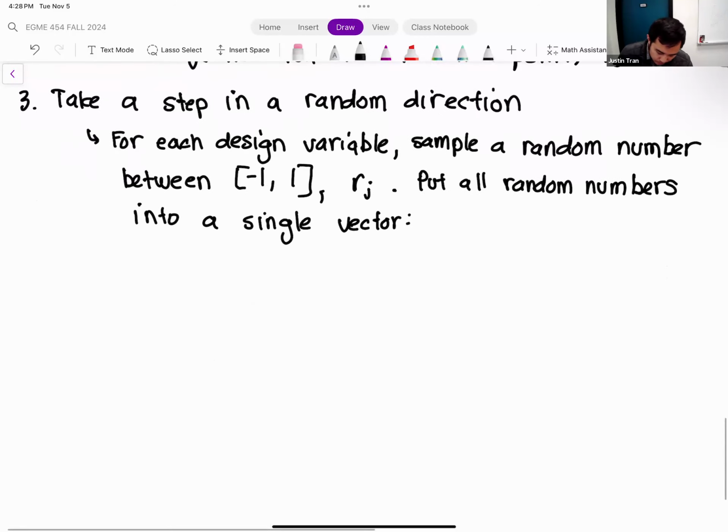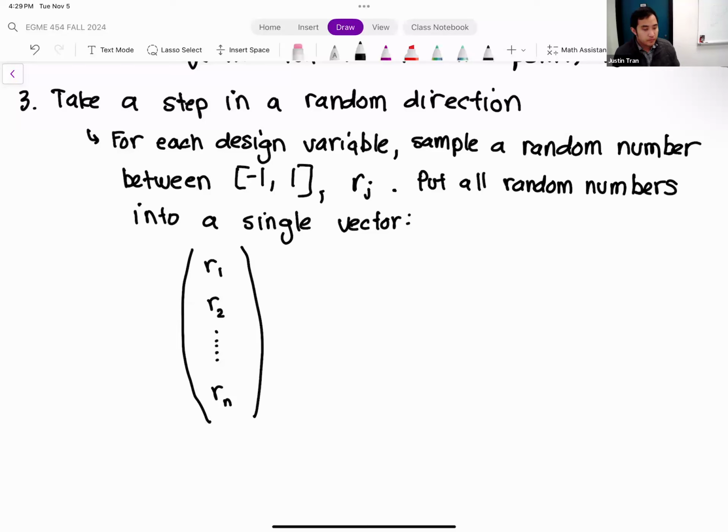I'm going to use a column vector just because it's easiest to visualize, where our vector is all of our random variables. In this case, we have n random variables, and so we create a vector for them.